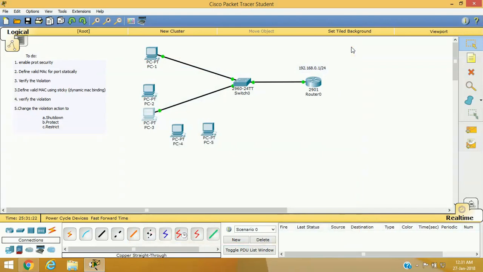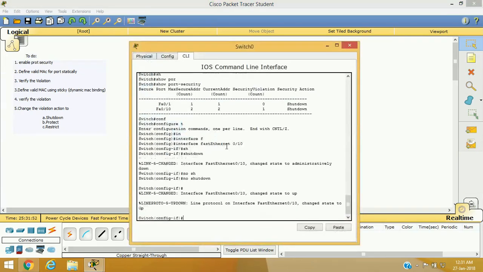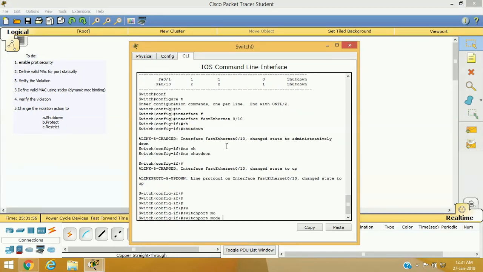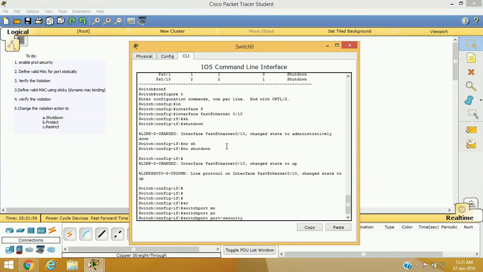So this is the sticky method of assigning MAC addresses. It will bind your MAC address with the interface automatically, but earlier we used to define the MAC address manually. Now let's change the violation action. If I use the command switchport port-security for the interface, right now I am in FastEthernet 0/10, and I am defining switchport port-security